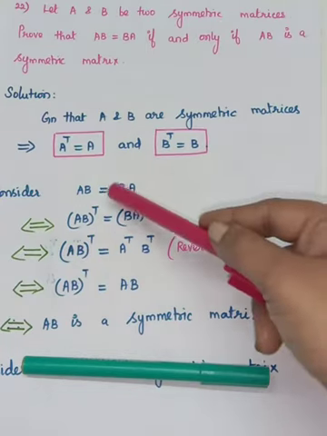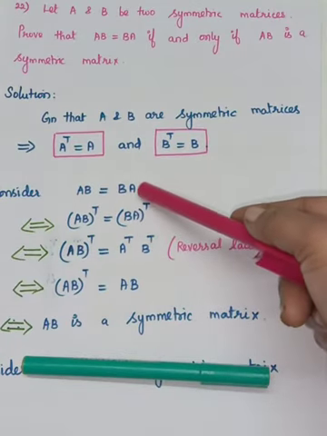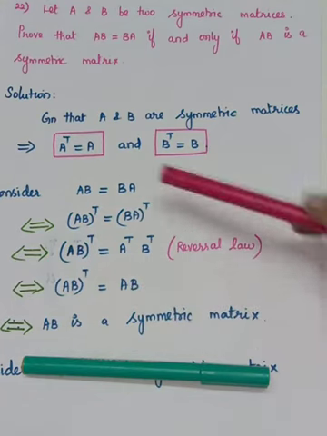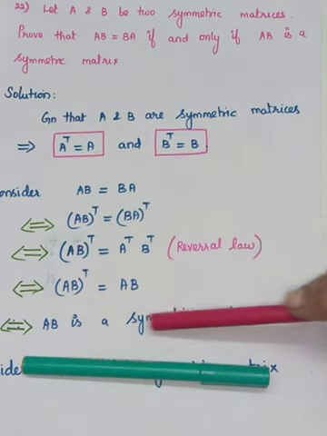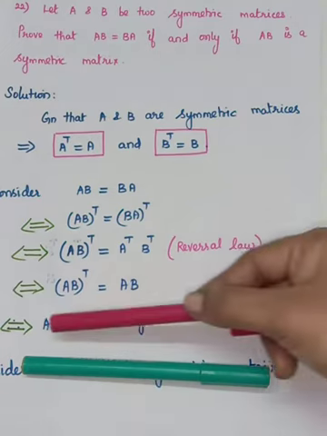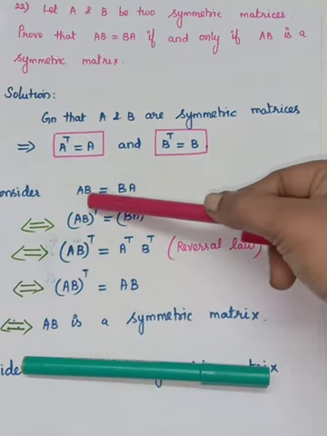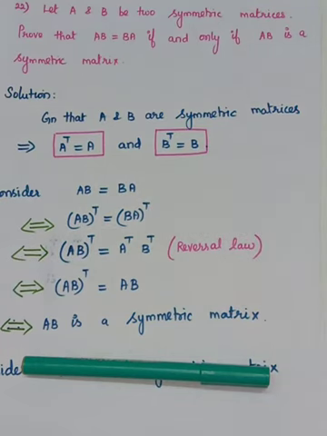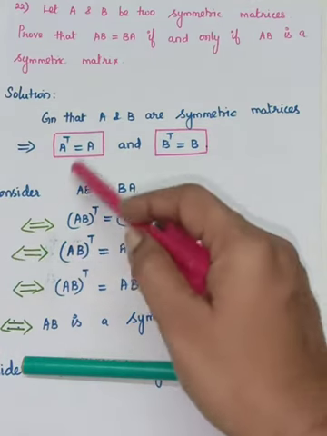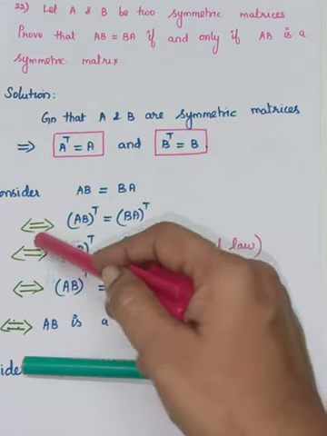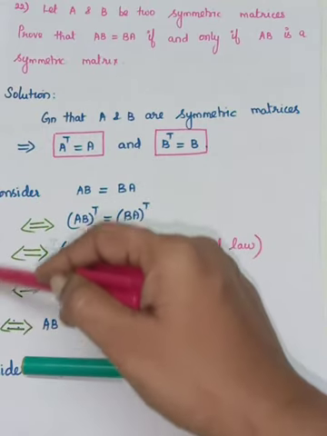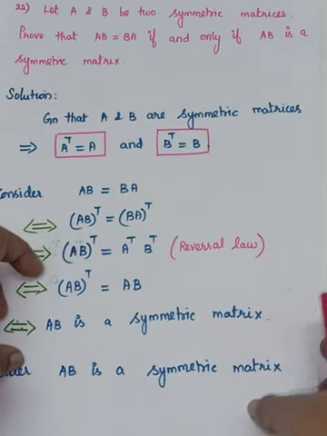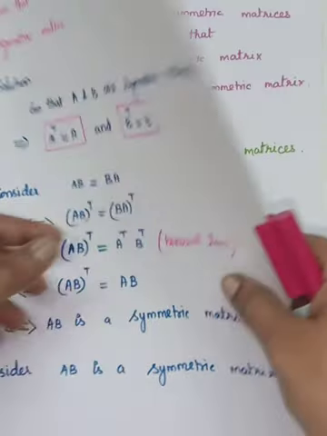If you take transpose you will get AB is equal to BA. So therefore in both ways we have proved AB is equal to BA means AB is a symmetric matrix. If AB is a symmetric matrix, we have proved it is AB is equal to BA. So therefore we have proved the result. This symbol is important. So first, in this way, it is implies. Next, in the other way, we have proved it. Okay, so we'll come to problem number 23.